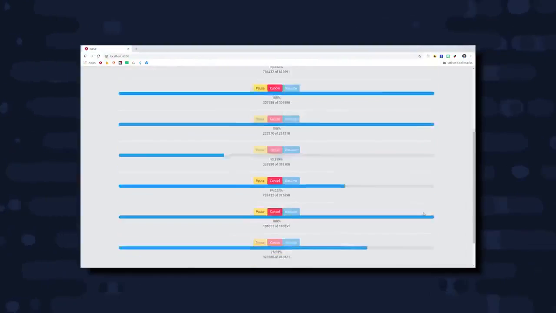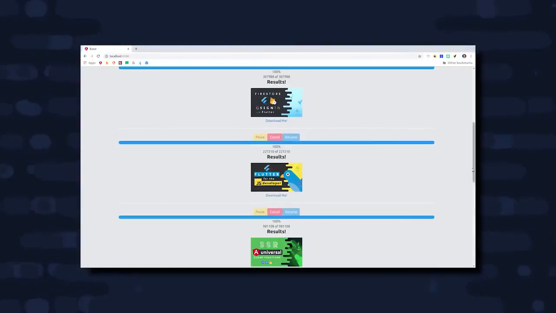In today's video, you'll learn how to build a drop-zone style file uploader in Angular that can handle multiple concurrent